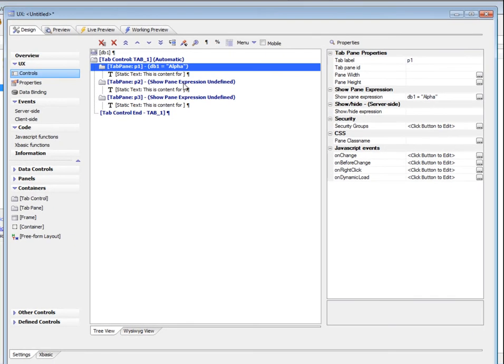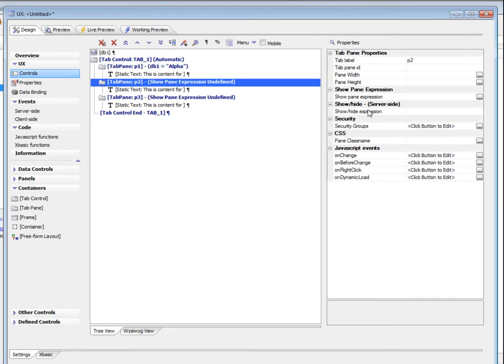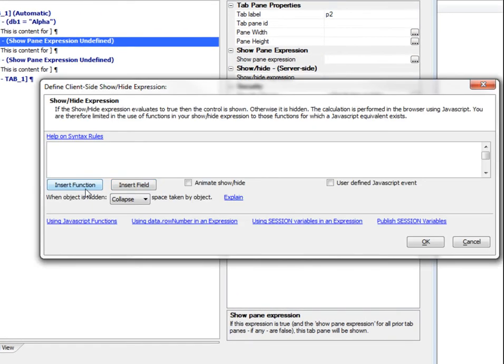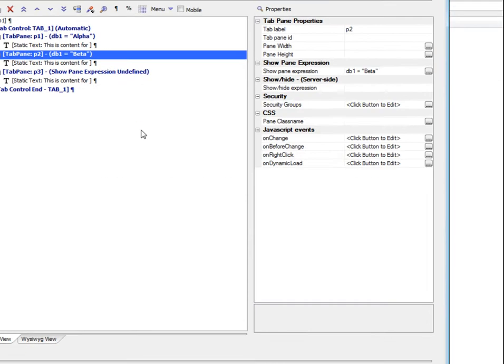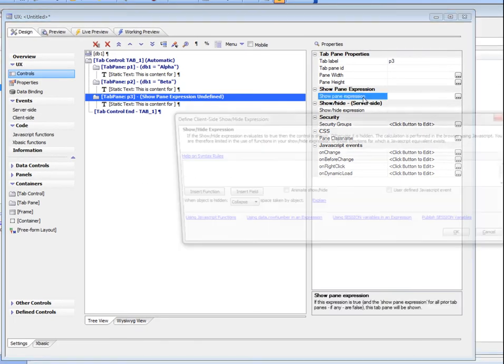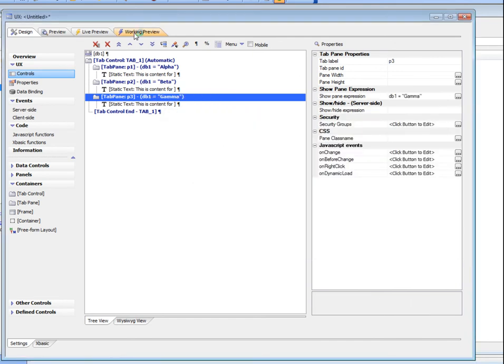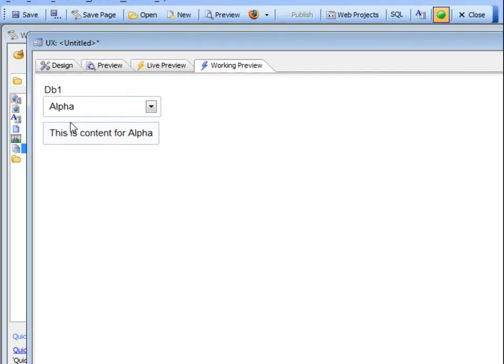Then for pane 2, our show pane expression is going to be db1 equals beta, and I'm just going to copy that to the clipboard and then do the exact same thing for this control over here, but this time make this gamma. So now let's go ahead and preview. So we see our content over there for alpha, and there's beta and there's gamma,